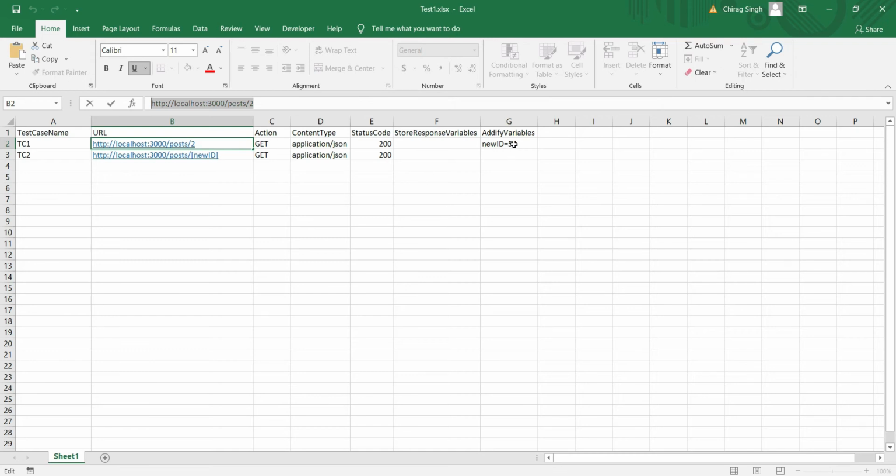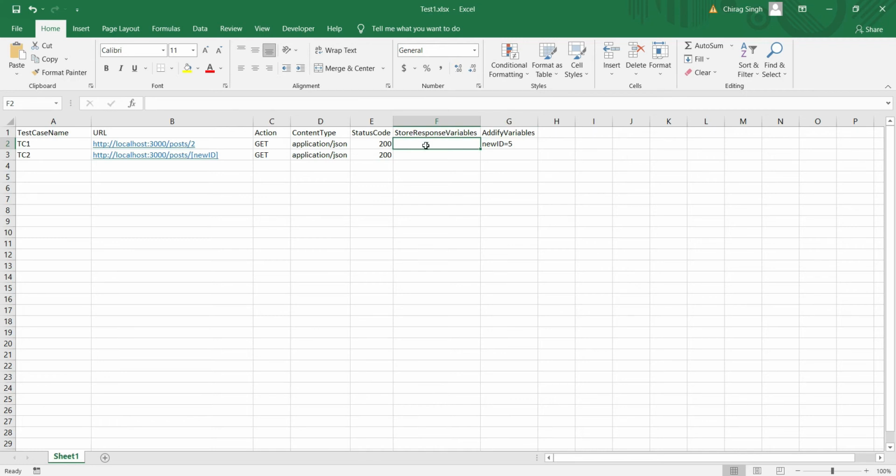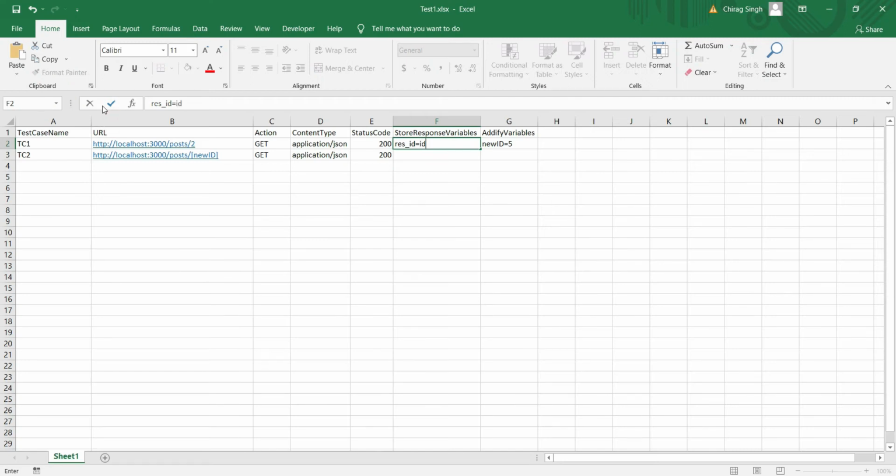So what I do here is store it. I write response ID, and here they mention that we just pass a JSON path. For this, the JSON path is ID, so I write this ID here, and in the same way I copy this, the variable name is res ID, and pass it in this field here.